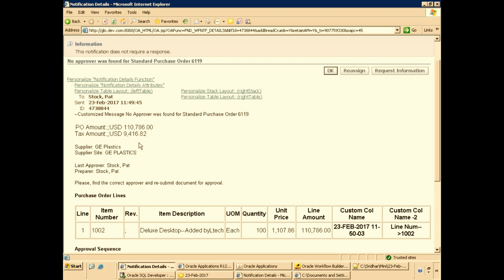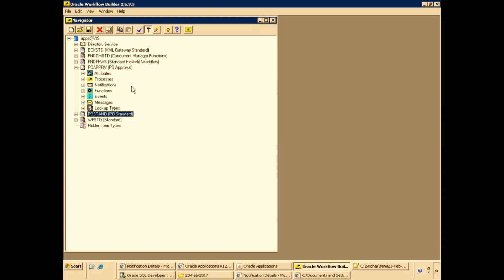So when you're working on a particular PO, we have to make sure we cover all the scenarios. In all the scenarios you have to modify, that also you have to take care of. Correct? So this is a major thing you have to remember, and don't try to replace, just have a backup. That's the only thing I want to tell you. Always have the backup. That's what you have to do.